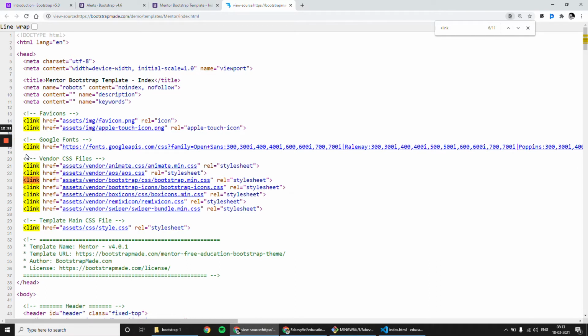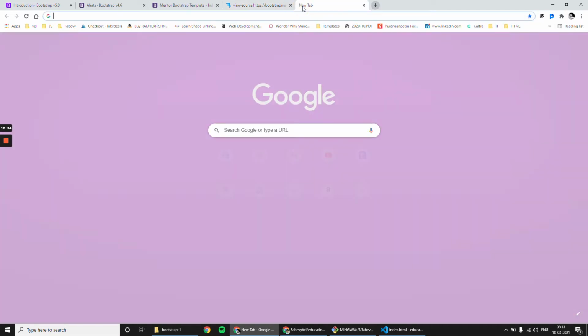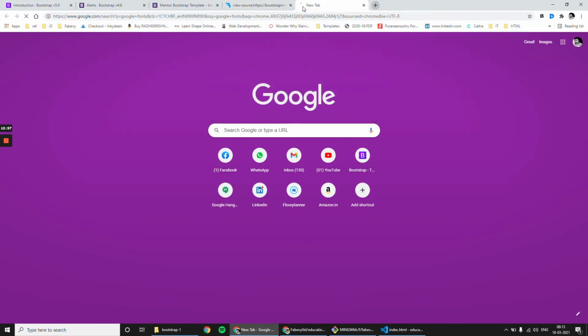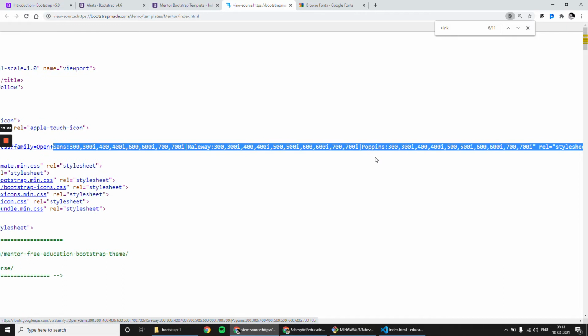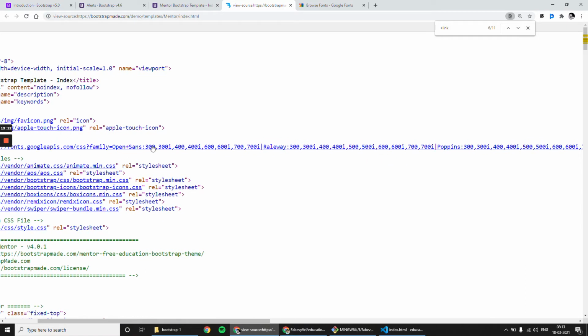Or, if you want to go the right way, go to Google Fonts and search for these two fonts. What fonts have they used? One is Open Sans, another one is Poppins, and they have used all font weights: 300, 300 italic, 400, 400 italic, 600, 600 italic, 700, 700 italic. But I would say italic is not mandatory because we can achieve it using CSS itself. So let us use all font weight variants of Open Sans.